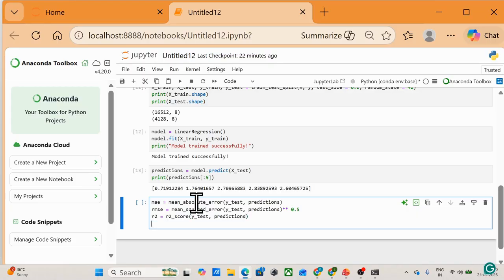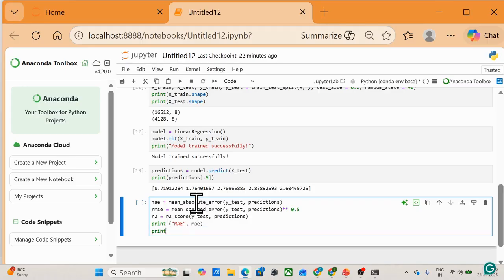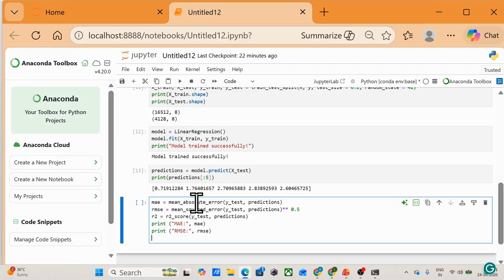Now I will print each one of them, and then we have R2 score.